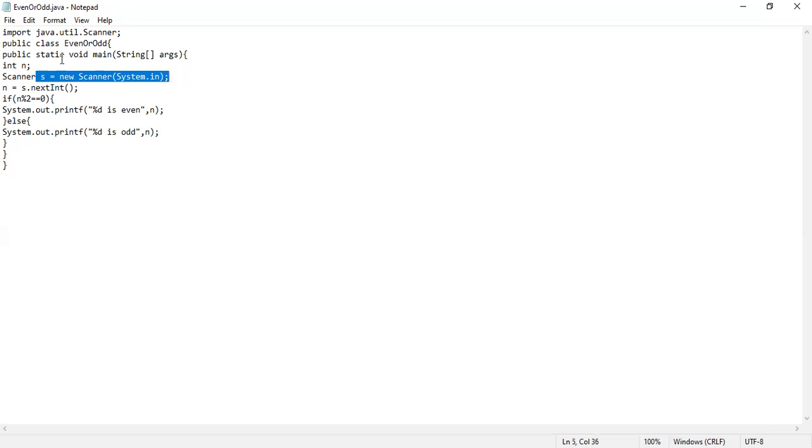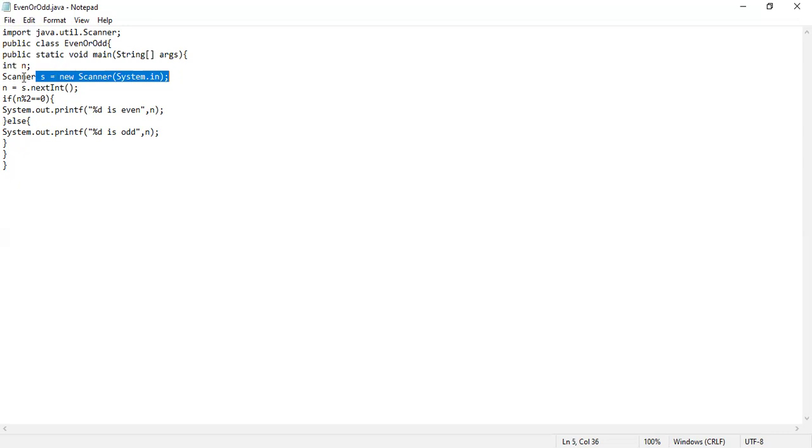Now I am taking user input n as s.nextInt. S is the Scanner object, so it takes the user input, and nextInt specifies that it is of integer data type.